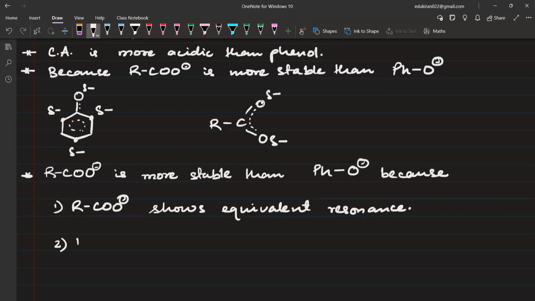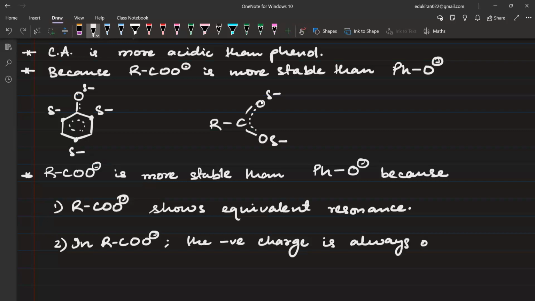Second point, in RCOO negative, the negative charge is always on the more electronegative oxygen atom,